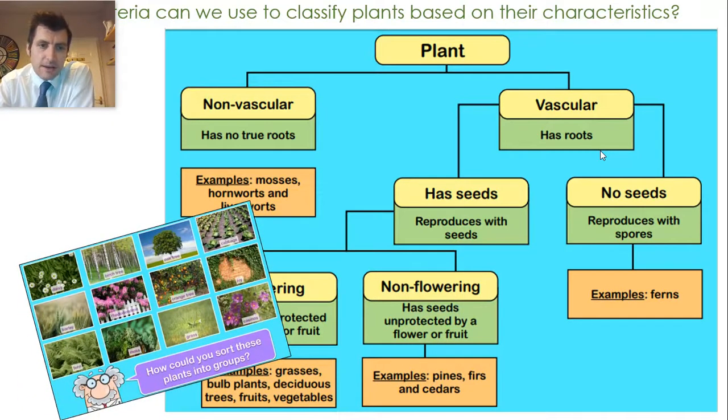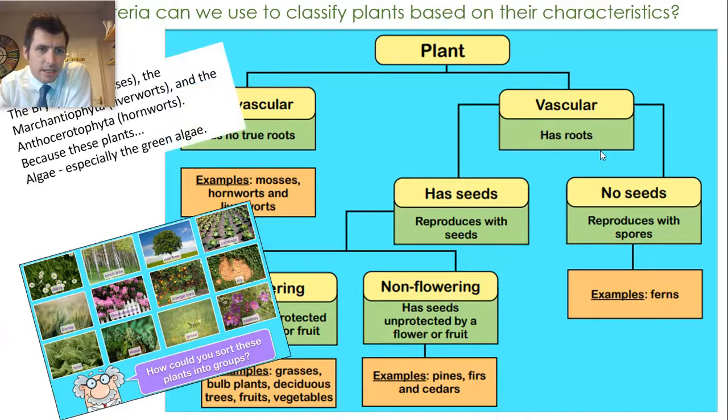Now, if you think about these plants that we've sorted, rather than having these titles of non-vascular, vascular, has seeds, no seeds, if you change those elements of this classification grid, how could you classify these flowering plants? What questions would you ask? Because that's going to be one of your tasks later on. And that's just listing, so you've got it at hand, those different plants, which are the non-vascular